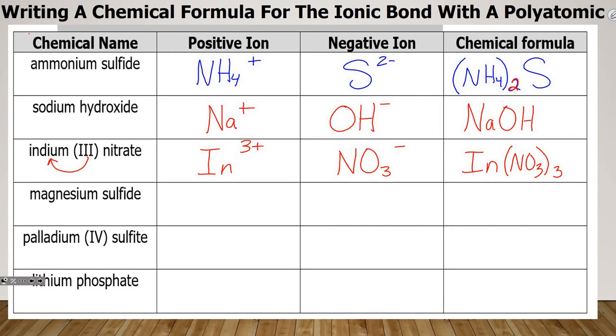Because each group only has a -1 charge, I need 3 NO3 groups to balance out 1 indium. Okay? So it's like